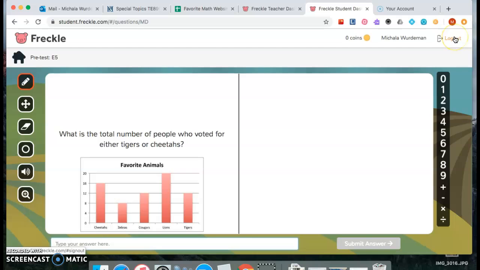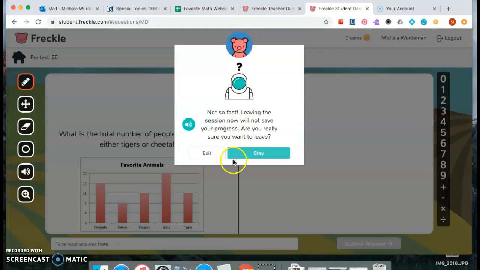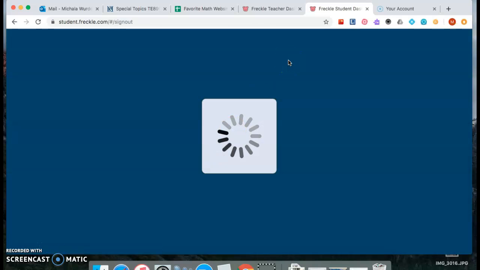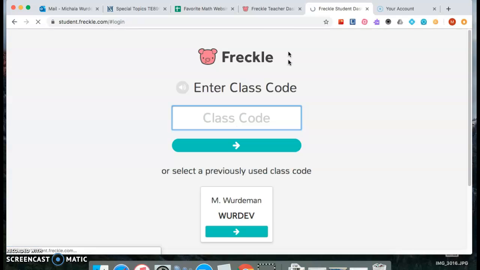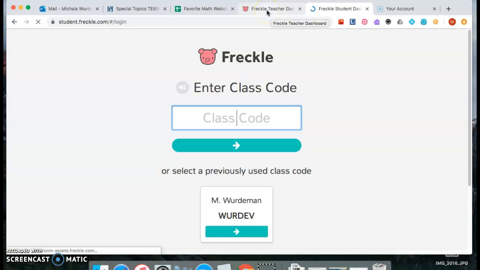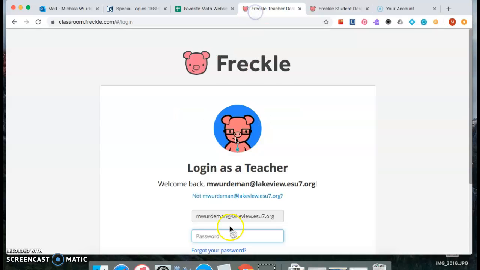I'm going to log out of here though, and I am going to go to my teacher view of what the students look at. It's super easy to set up a class for your students. They just enter a class code once you have that code, and then they just put in their first name and their last name, and they are in. If I go to my teacher view, of what they are looking at,